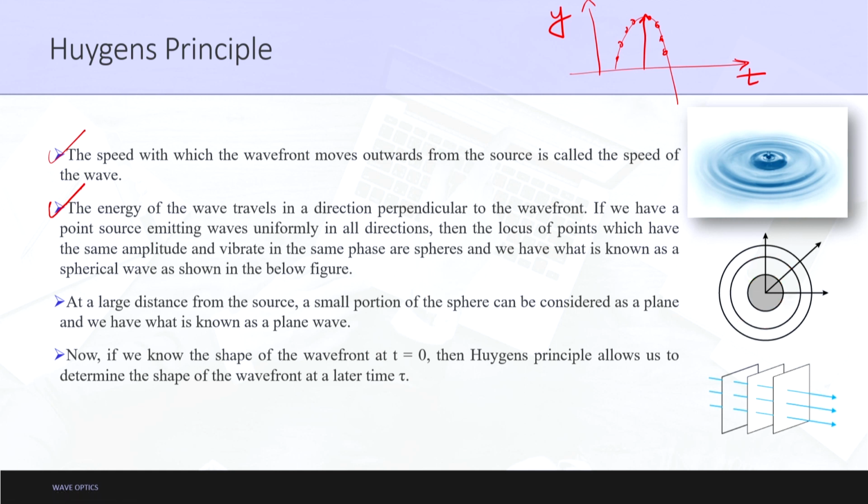Moving on. At a large distance from the source, a small portion of the sphere can be considered as a plane, and what we have is known as a plane wave. This is just to reiterate to you. Let us say I make a very big sphere. If the radius of this sphere is very large, then if I take a very small portion out of that sphere,